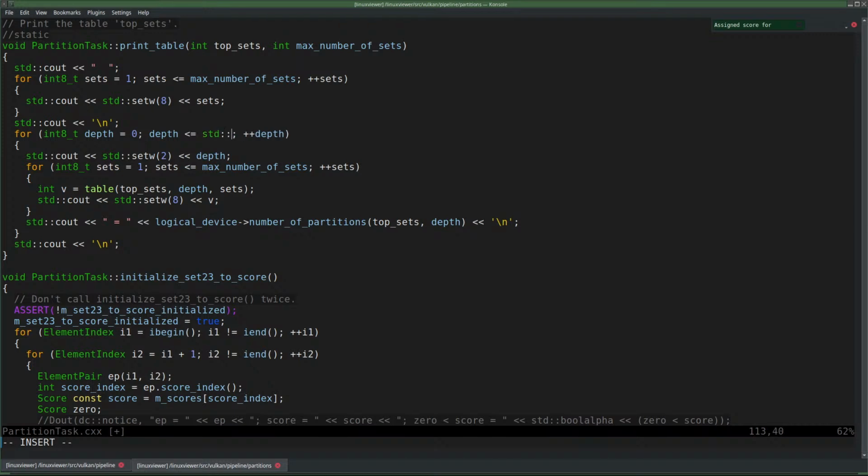Let's use standard minimum of 8 and max number of elements. Just 8. Okay. Why 4? 5 even. Come on. Okay. Maybe not way too big, but